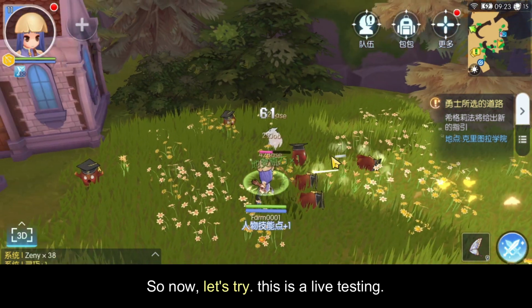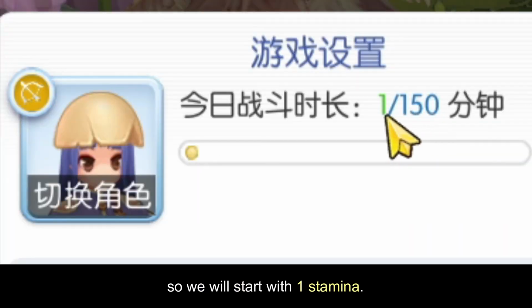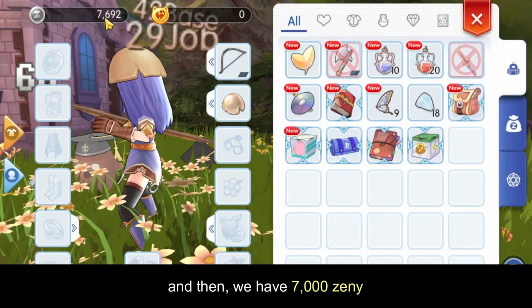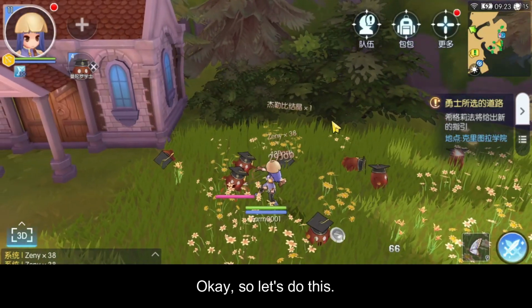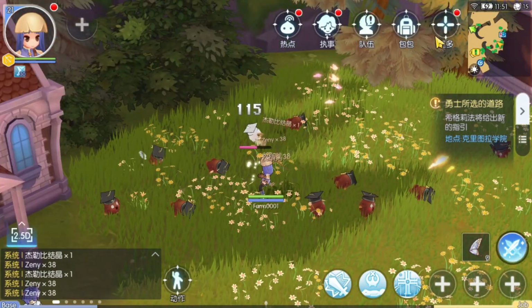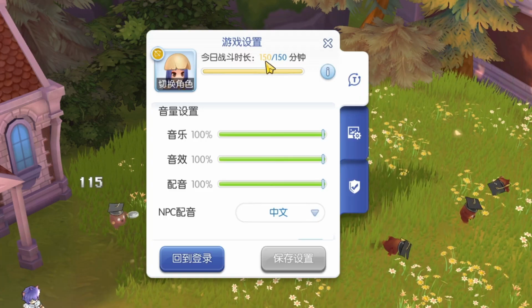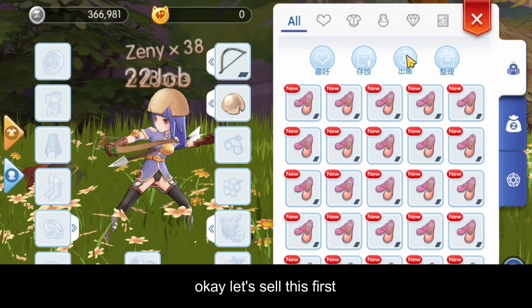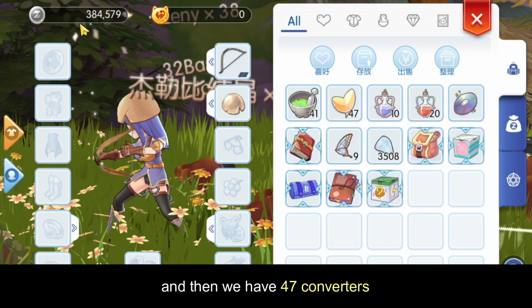Okay, so now let's try. This is a live testing. So we will start with 1 stamina, and then we have 7,000 zenny, and we also have 1 converter. Okay, so let's do this. So here guys, after 150 stamina, our zenny, okay, so let's sell this first, and our zenny now is 380,000 zenny, and then we